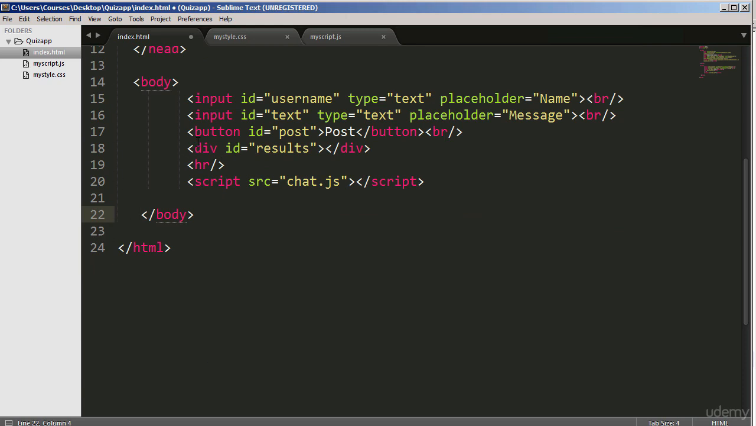So inside the body tag, I have got some other tags nested. I've got an input tag, okay, and the type is text. So that's where people will actually have to type something, okay. And I've given it a placeholder of name. I've also got another, notice the input tags, I've given them ID attributes, which we will use later to